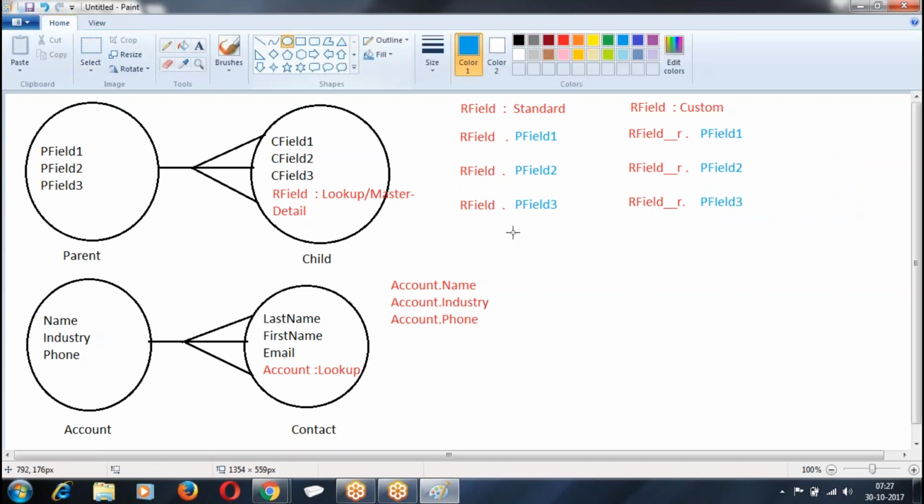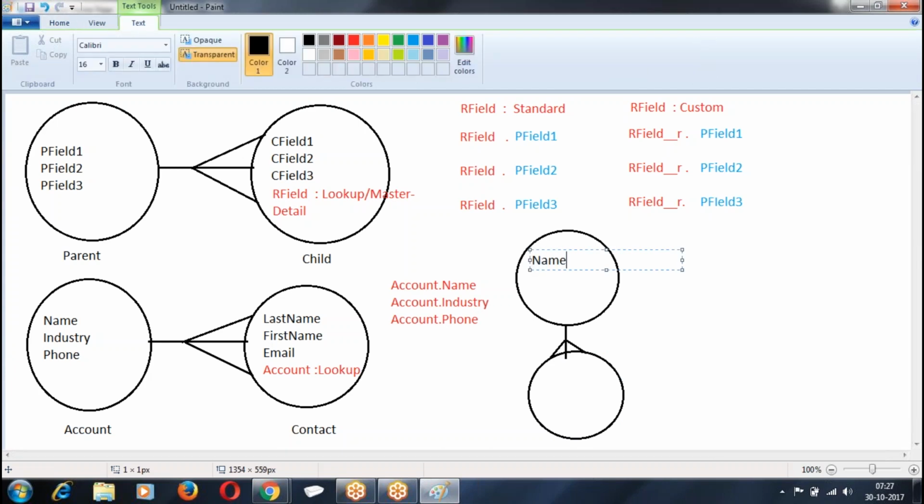Let us assume both of them are connected by a lookup relation and the user has created, let's say, My Account in contact.